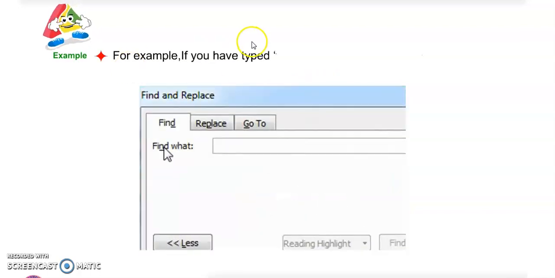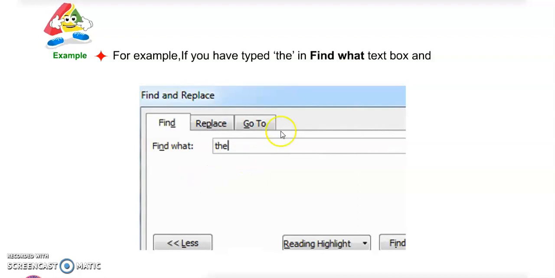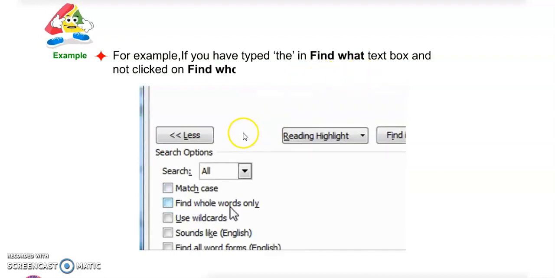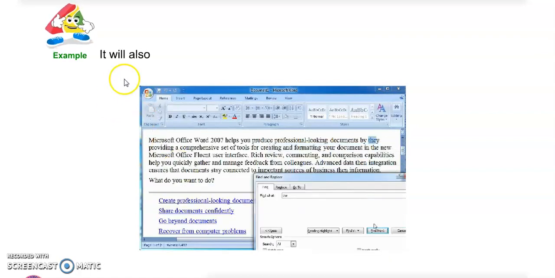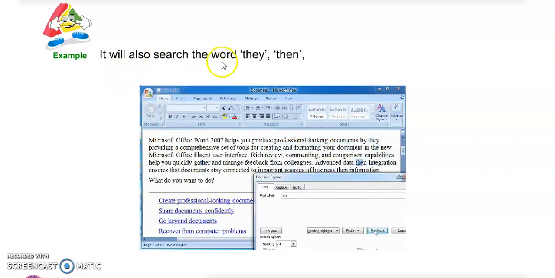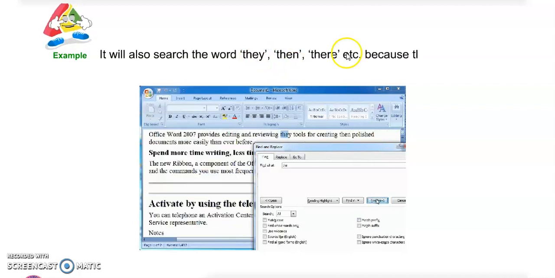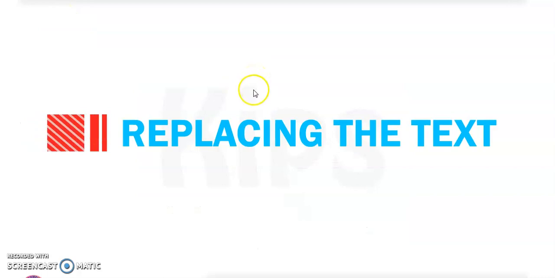For example, if you type 'the' in the Find what box and do not select Find whole words only, what happens? It will also search the words they, than, their. Okay, because the first three letters of these words start with 'the'. Okay, first three letters it will take.